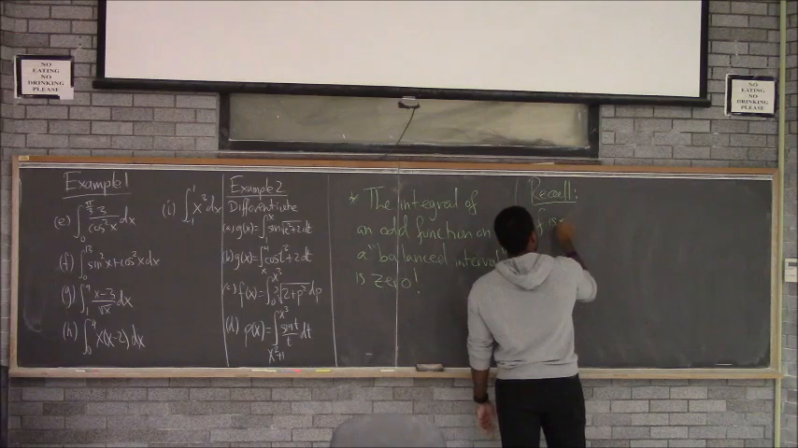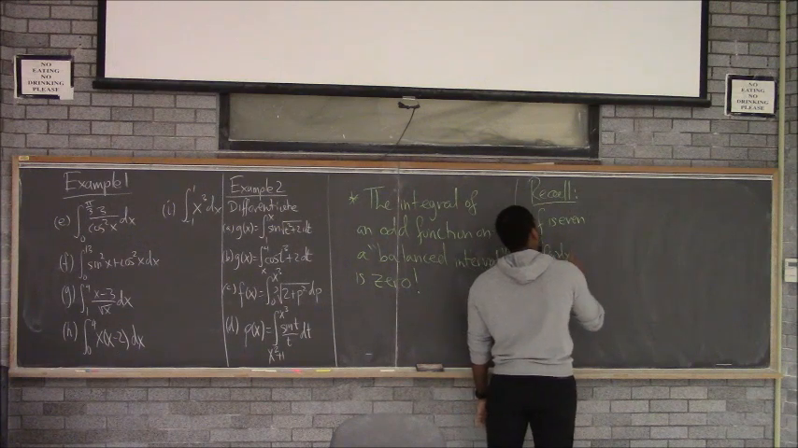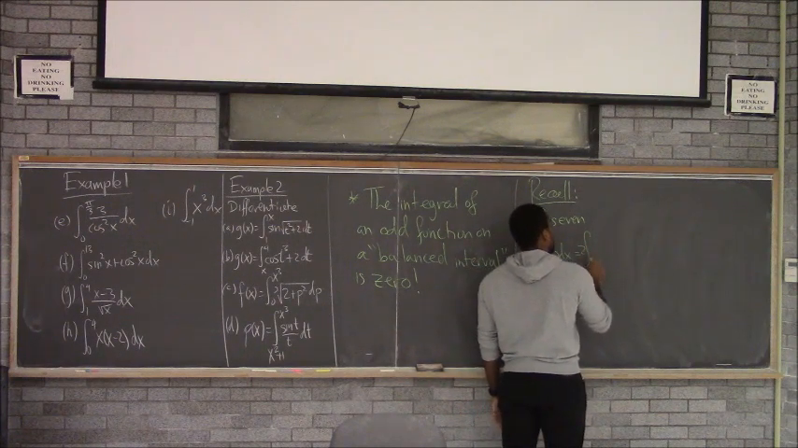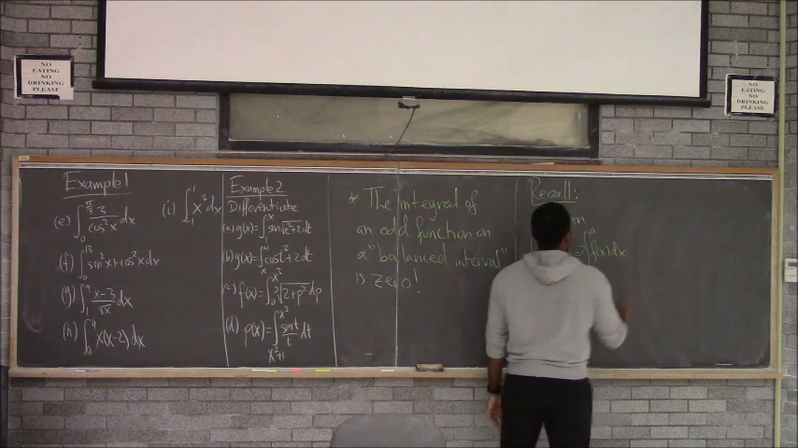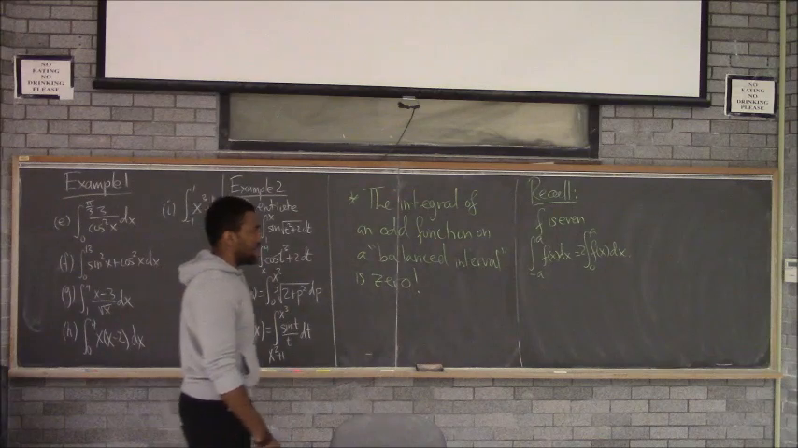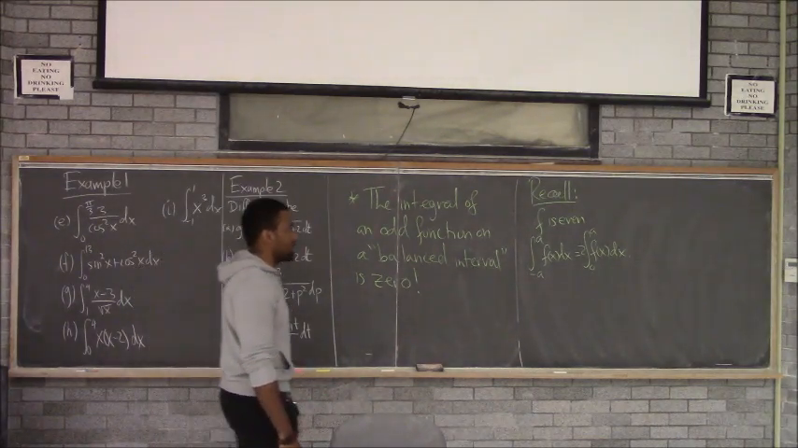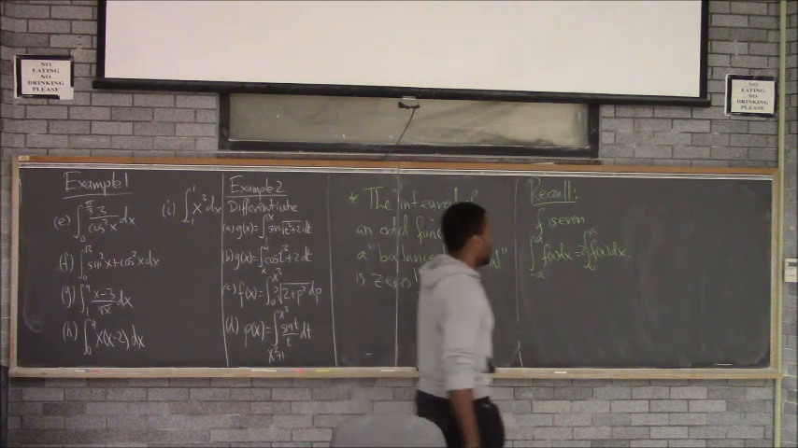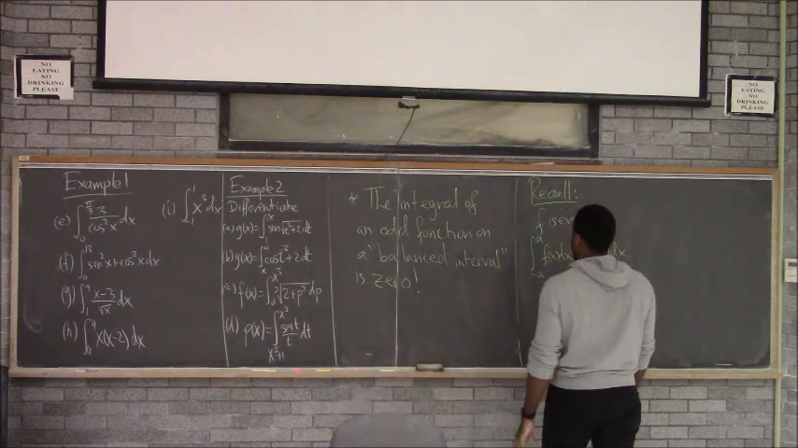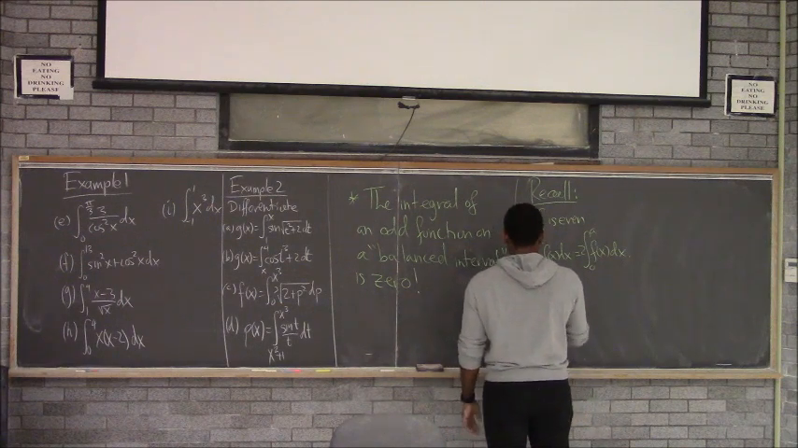If f is even, then if you integrate it on the balanced interval, it's going to be double the answer from half the interval. So if f of minus x is equal to f of x, like y equals x squared or y equals cosine of x, that is going to be true. You should also recall,